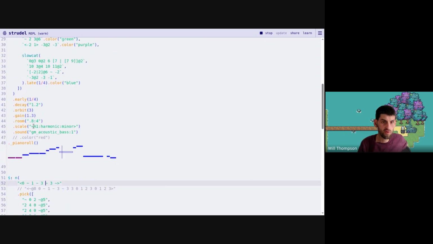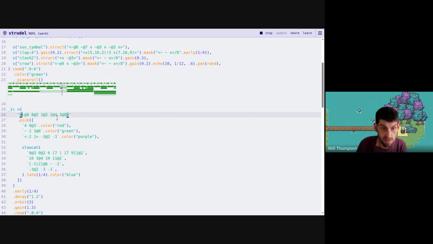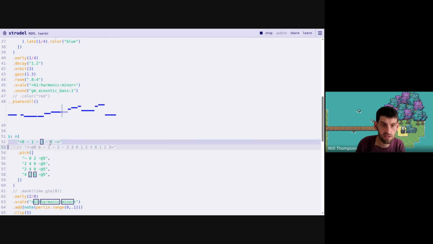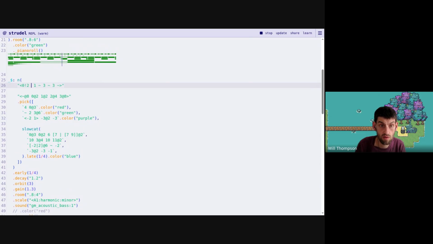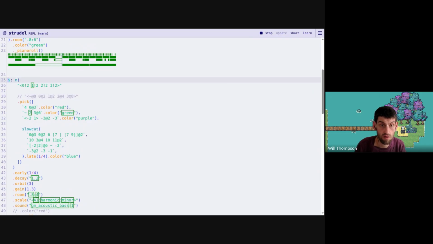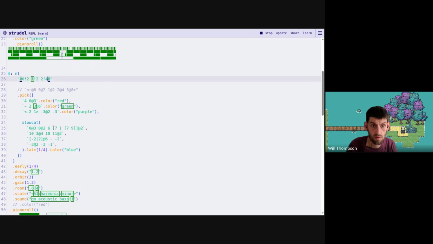So that's why I started by thinking, okay, what's the bass line? So I'm going to put this bass line in here. I'm going to just take the same parts. So this is me saying. Then I added the